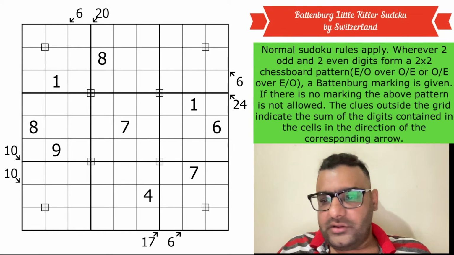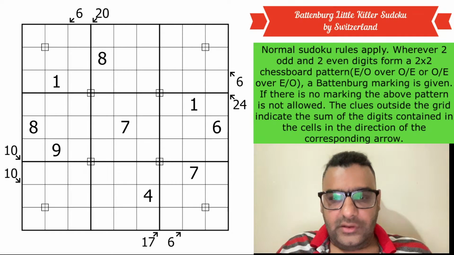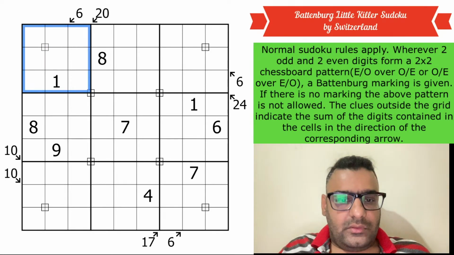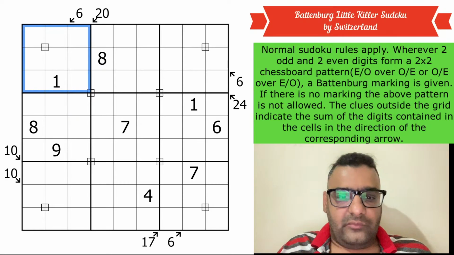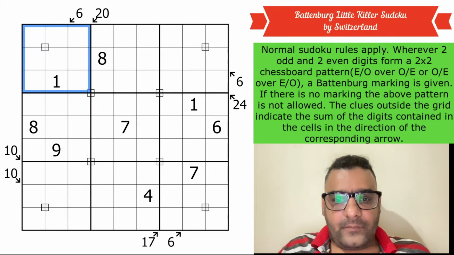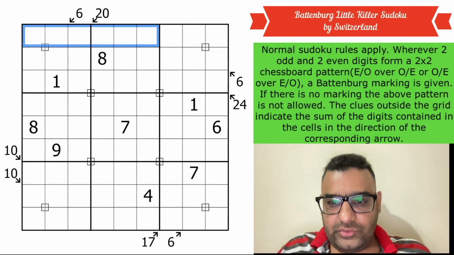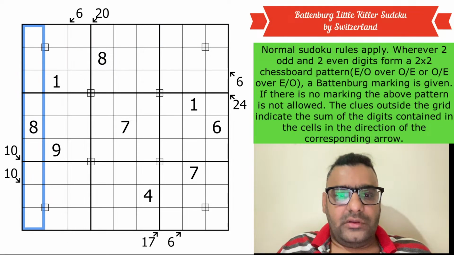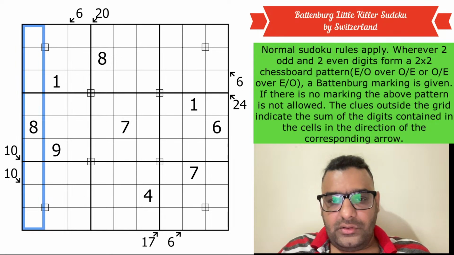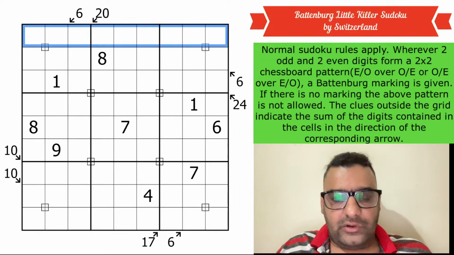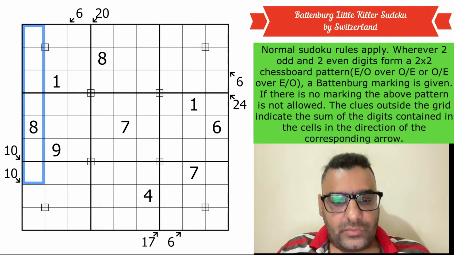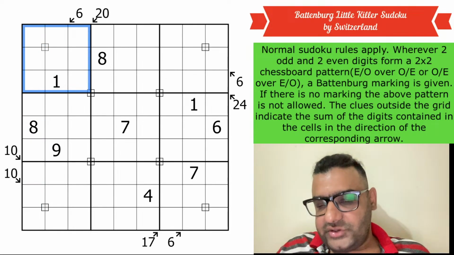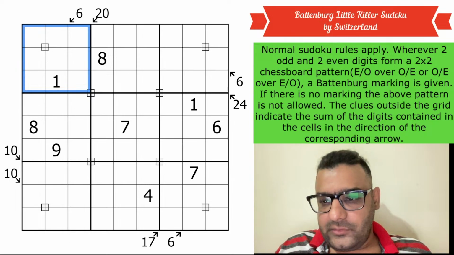So there are three rules. Normal Sudoku rules apply. So normal, as you all know, that one box cannot repeat numbers from 1 to 9, and each row and each column should not repeat the numbers. Or in short, each row or each column should have all the numbers from 1 to 9. Also, the boxes. Two of the additional rules also apply, and these rules are